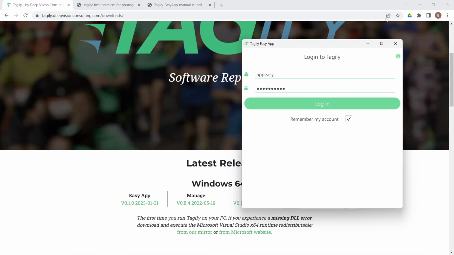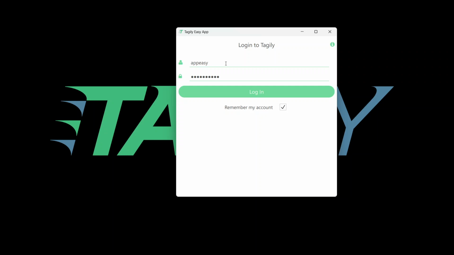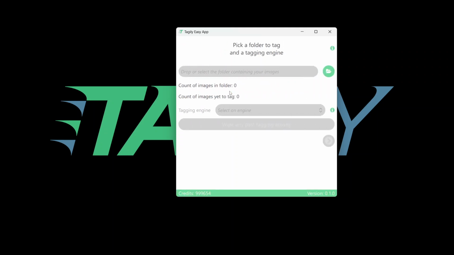It is a typical window application with credential. You have received the credential either for the trial or for your full-fledged user. You just need to log in, and then you will have the first window where you have to pick a folder where you have your images